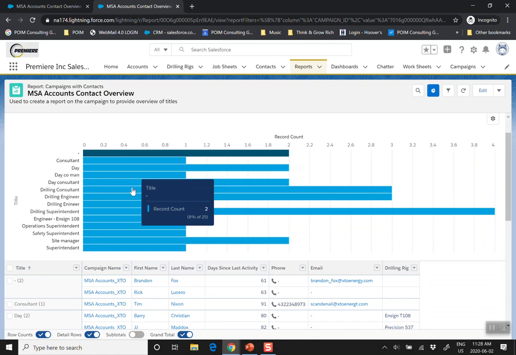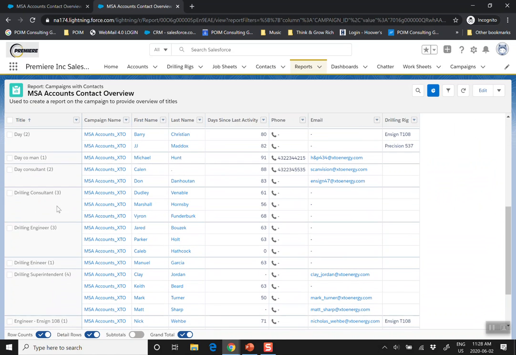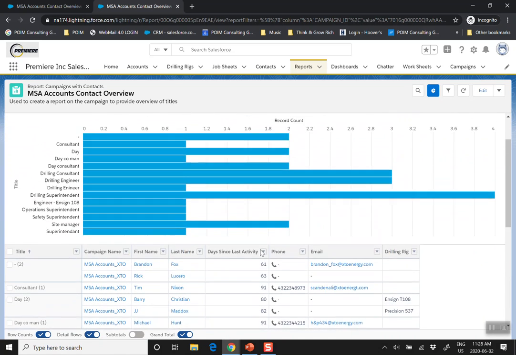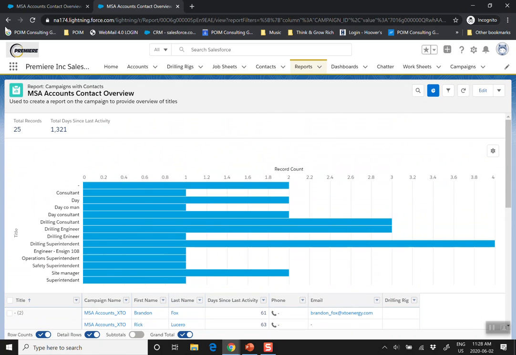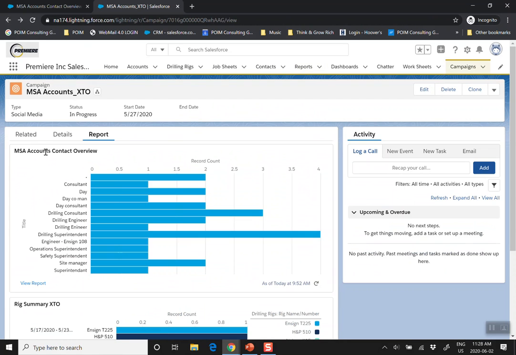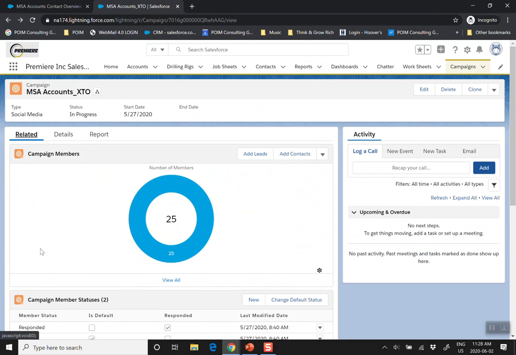So I don't want just two drilling engineers in there. Now I have four, there's a typo there, we'll probably fix it. I want five. I want six. I want to see some consistent activity. I want to use social networking to help me do that. One thing that I did add here, when I go back to the campaign and go to the related,